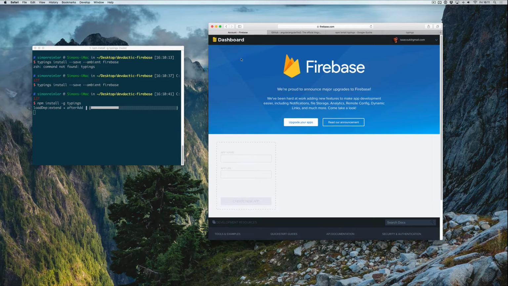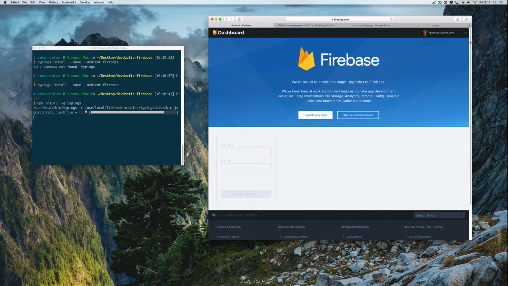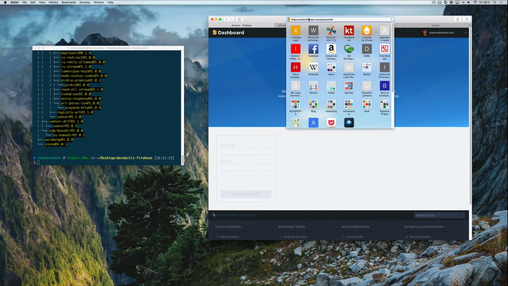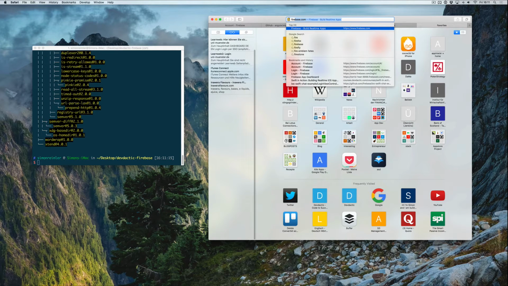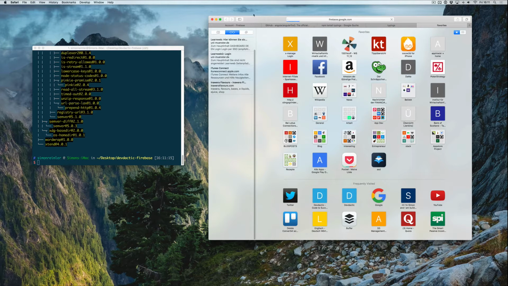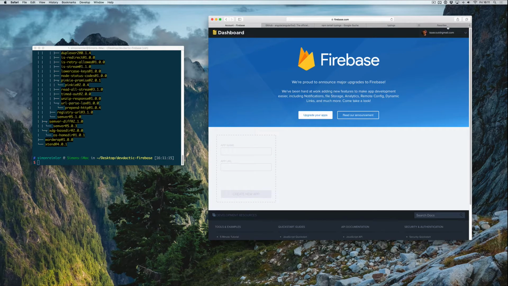Okay, so as you can see, this is a TypeScript definition manager. Okay, back to Firebase. They had a rebranding or relaunch or whatever you want to call it, and this is the actual old platform. So this is firebase.com. They now have firebase.google.com. So there's a difference between those two. And to use the authentication, we actually need to create an app in the legacy console, which you will have to log in. So let's create the app